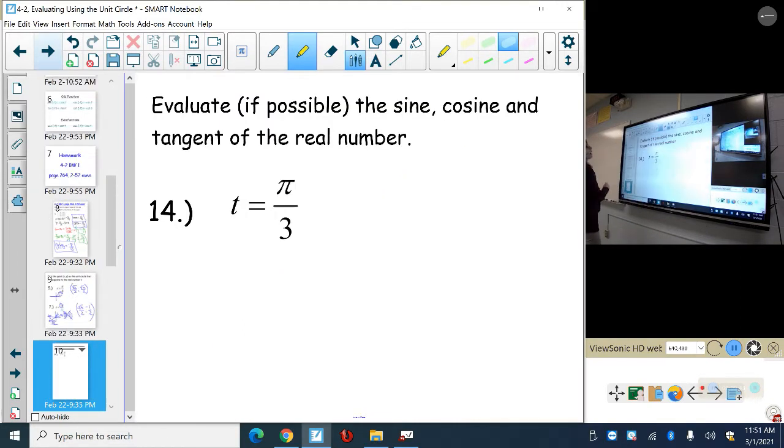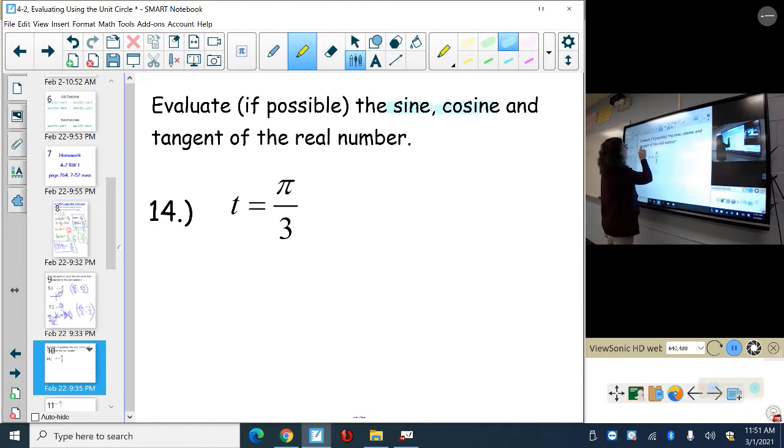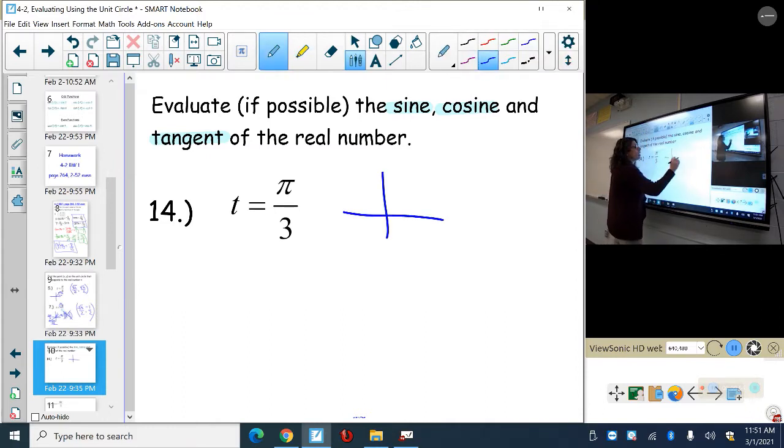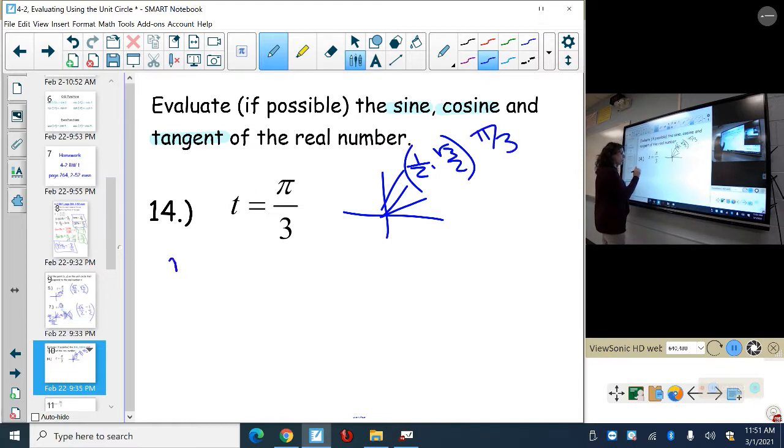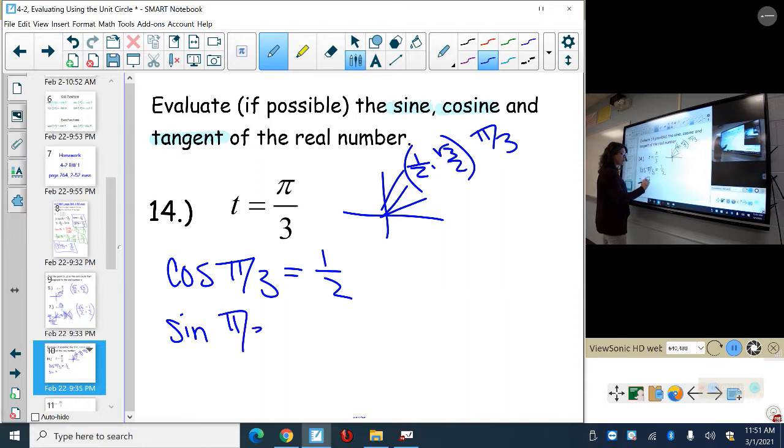Okay? Next, evaluate, if possible, the sine, cosine, and tangent. I only have to do 3 of the 6. Okay. Well, pi/3, 1, 2, 3, hands of the clock. That's 1/2, square root of 3 over 2. That's the ordered pair that deals with pi over 3. That's in quadrant 1. So I know that my cosine of pi over 3 is going to be my x-coordinate, which is 1/2. My sine of pi over 3 is the y-coordinate, which is the square root of 3 over 2,